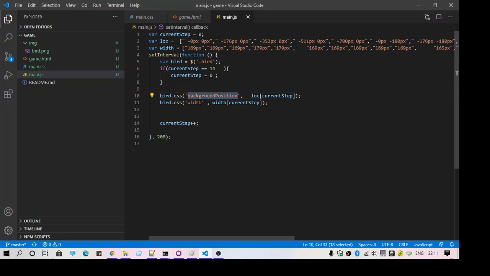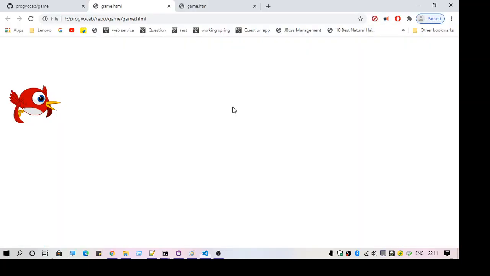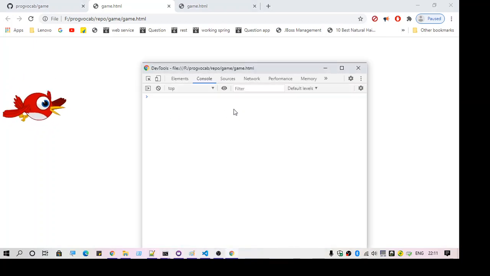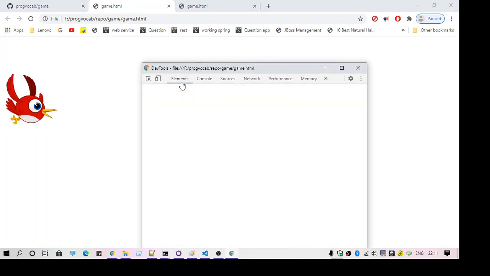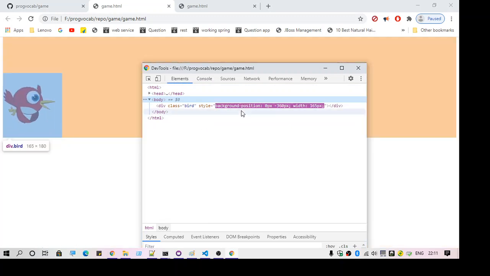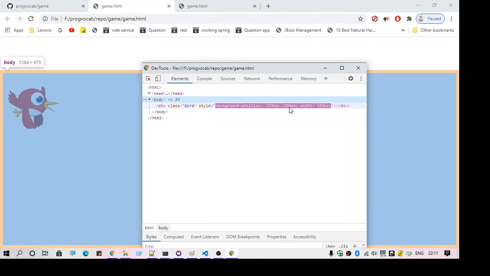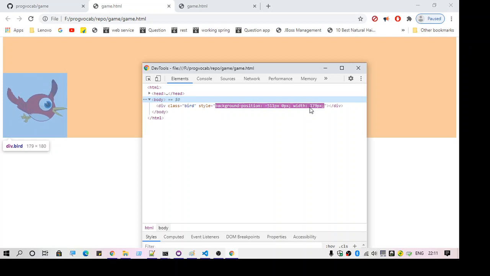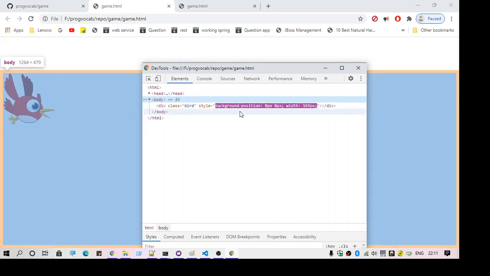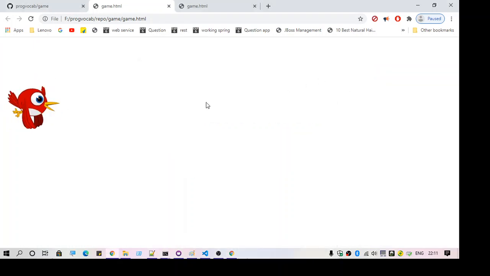And these two things, the position and the width, keep changing. Let me just show the developer tools. As you can see, here the position and the width keep changing. Okay, so now the bird is animating.